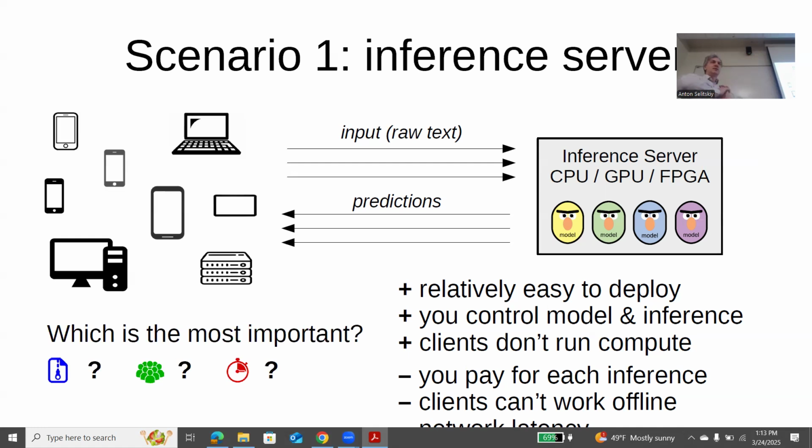So let's answer these questions. What about the size, the speed and latency in case of this server implementation? What do you think the main limitation here is? For example, is size a problem for a model? No, maybe not. What about the evaluation time? So this actually could be a bottleneck because